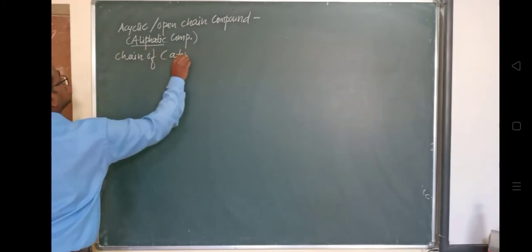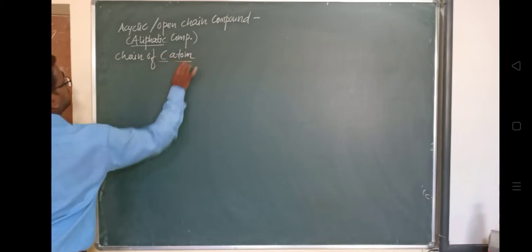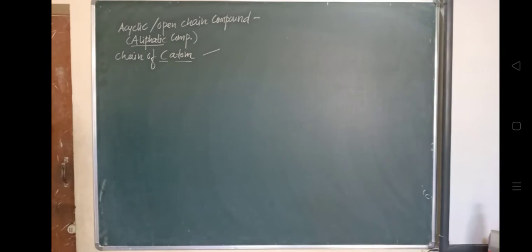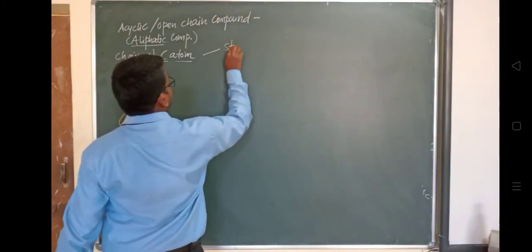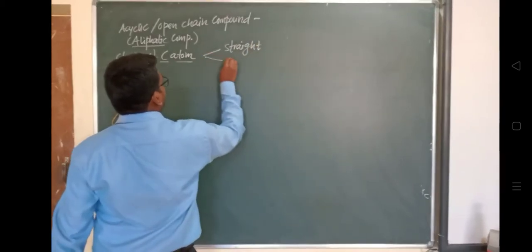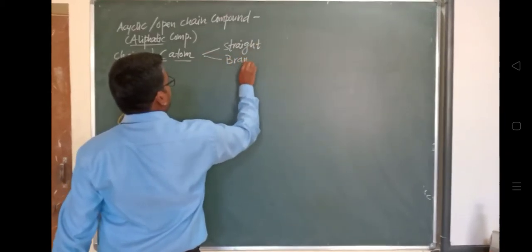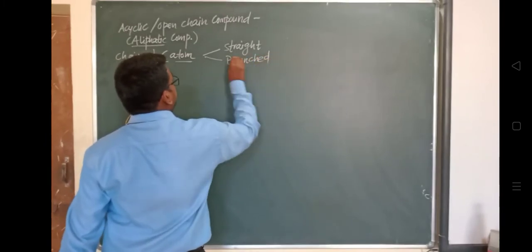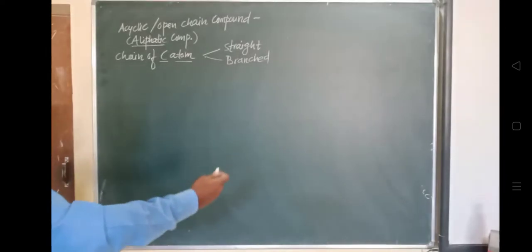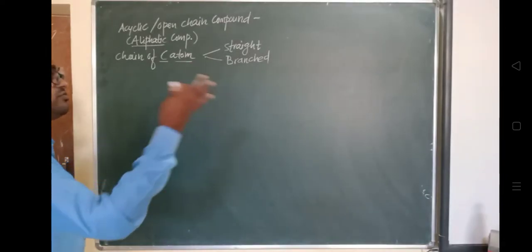This will have a chain of carbon atoms, and this chain may be a straight chain or it may be a branched chain. Okay, या तो ये branch में हो सकती है. Branched chain means that each एक एक कार्बन दूसरे कार्बन से, बाद में वो वाला कार्बन फिर दूसरे किसी